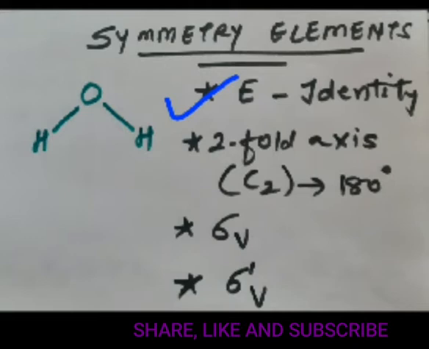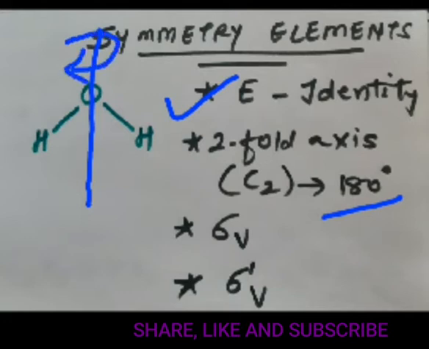Again, if you are not aware what a C2 rotational axis is, that is a rotational axis or proper axis whereby you can rotate it by 180 degrees and the molecule will orient itself in such a way that it is indistinguishable from the original configuration. Say this is a rotational axis passing through the oxygen atom. If you rotate it by 180 degrees, either clockwise or anti-clockwise, say for our understanding, I make it 1 and I make it 2.